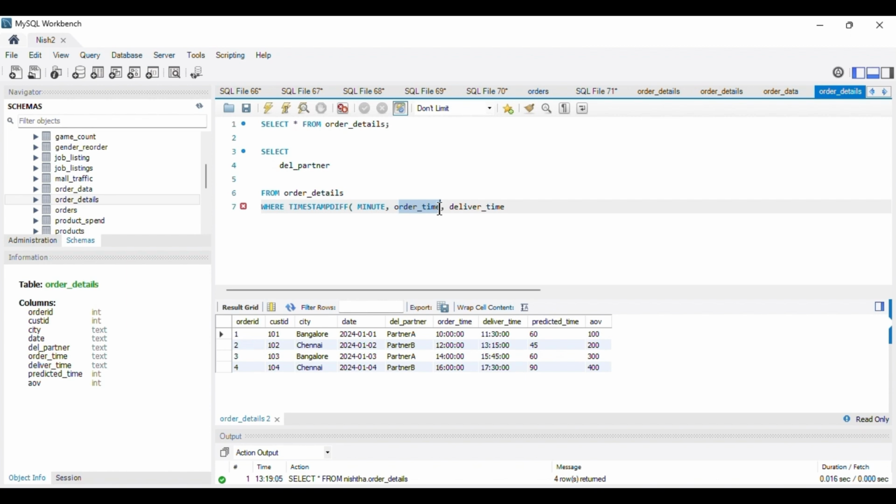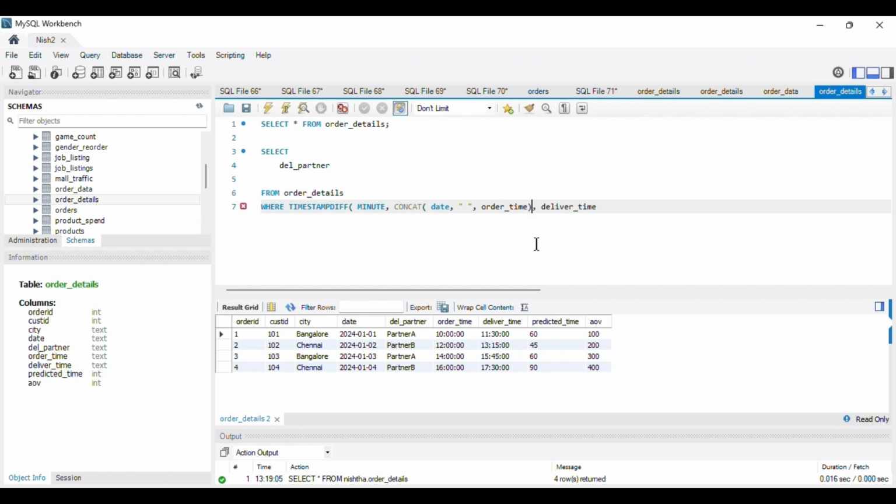To do that, we will make use of concat. So I will do concat of date, comma, give some space, and then here it will be order time.